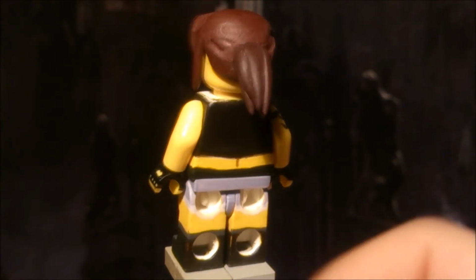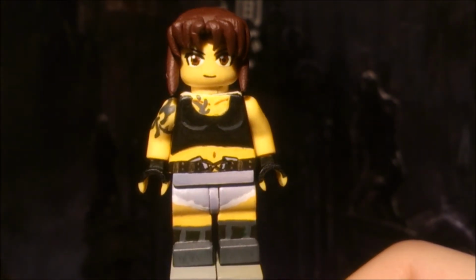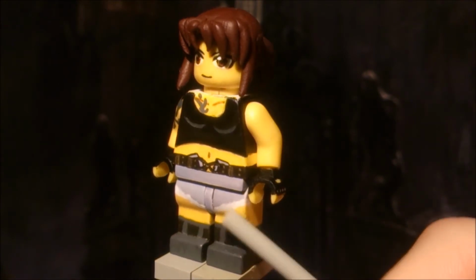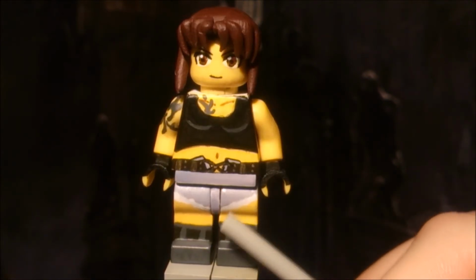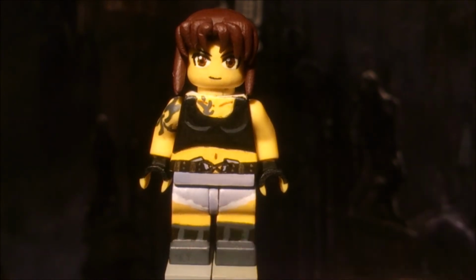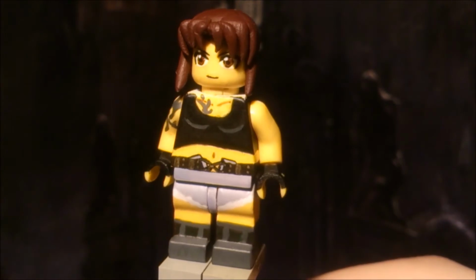Now, Revie here is just pretty much a salvaged figure from all my Ruby customs from part 4. I didn't remove anything on these legs. I just painted over everything. So I kept the yellow parts right here, because that's pretty much the most annoying part, making the skin color. So I just started painting the boots and the shorts over the already finished legs and all, so yeah, it